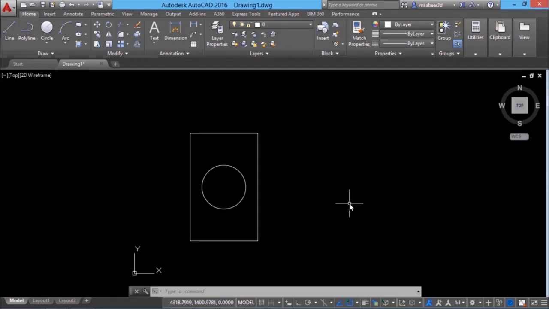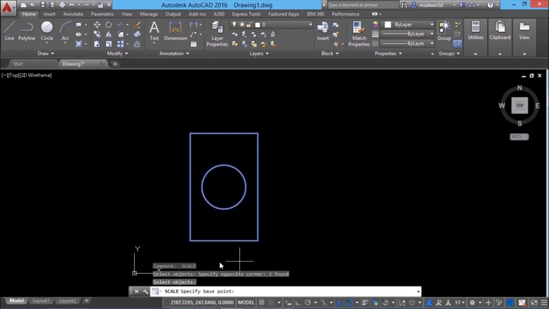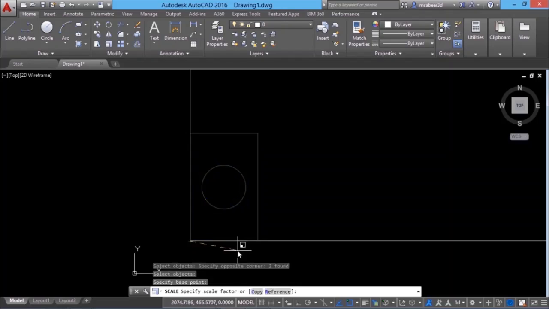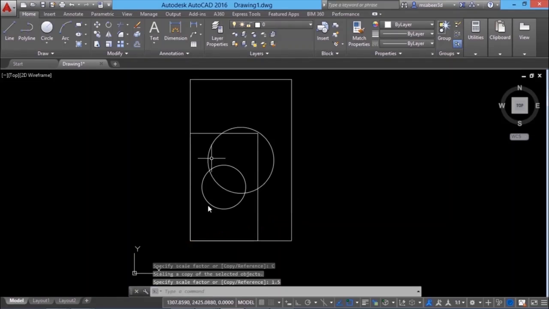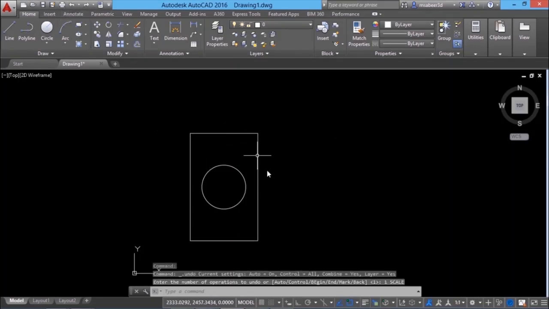We also have a copy option in the scale command, just as we have seen in the case of the rotate command. So I'll give an enter to repeat the scale command, and I'll select the same set of objects, and I'll choose this point as the base point. Next, I'll go to the copy option, which leaves behind the original object. Now it will ask you for a scale factor. Suppose I want to increase the size of this object by 50%, I should give a scale factor of 1.5. Now you have both the objects, the original as well as the scaled one. I'll undo this operation.